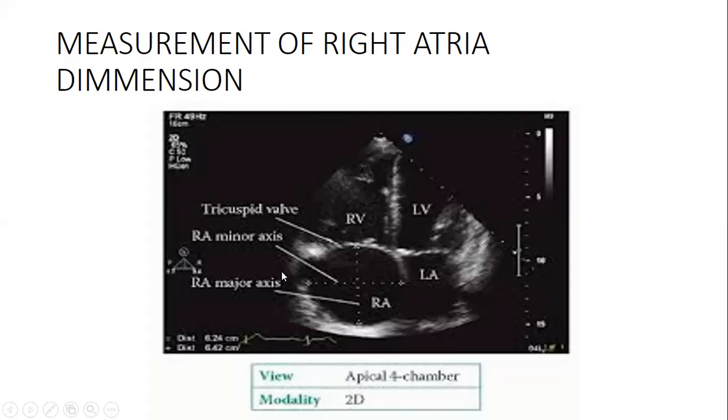I should also mention here that echo deals with very, very small figures. So any poor technique may actually result in a poor diagnosis, because it's those measurements that you are going to give out, and the measurements are actually going to help you give a diagnosis. So wrong technique may result in underestimation or overestimation of that particular parameter. And those parameters are the ones that you are going to apply, and you give a wrong diagnosis. So I'm emphasizing the point: let's optimize our images and also get the standard chamber views so that we